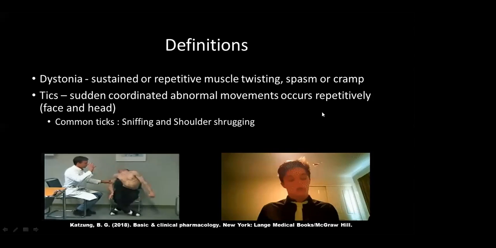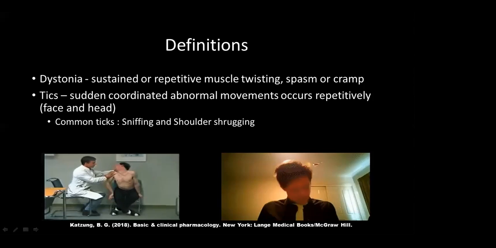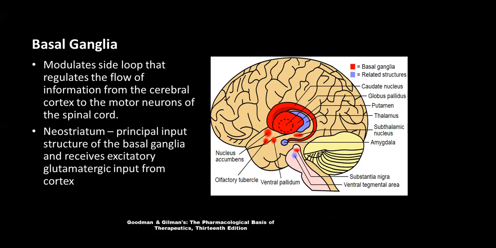So before we go to the pathology of the Parkinsonism, we must first discuss the basic anatomy and physiology of the basal ganglia. As we are all familiar with the basal ganglia, the main structures found in the basal ganglia are the caudate, the globus pallidus, the putamen, the subthalamic nucleus, the substantia nigra, and some other nuclei. The caudate nucleus plus the putamen comprises the striatum, which is the main receiver, as it receives input from the cortex.